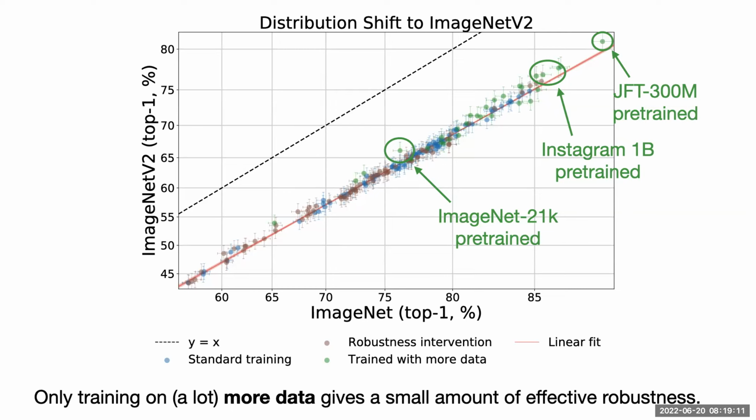The next cluster of points here above the line was trained by Facebook on 1 billion images from Instagram. They get 1 to 2 percentage points above the red line. And then we have one more model trained on full ImageNet, not just the 2012 competition data set, but all of ImageNet, so about 20 million images, and it's also a little bit above the red line. Okay, good. So this is a little bit sobering.